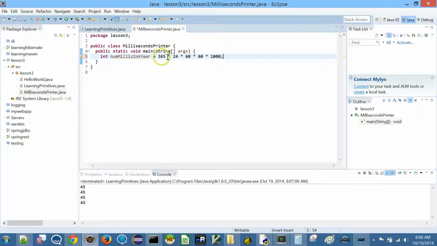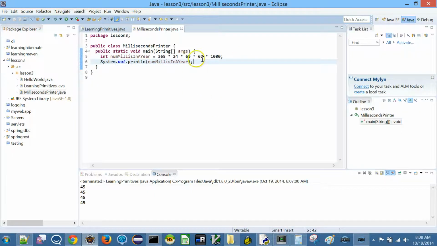So this is 365 days per year multiplied by 24 hours in a day, 60 minutes in an hour, 60 seconds in 1 minute, and 1000 milliseconds in 1 second. Now if I print this, what do we expect?